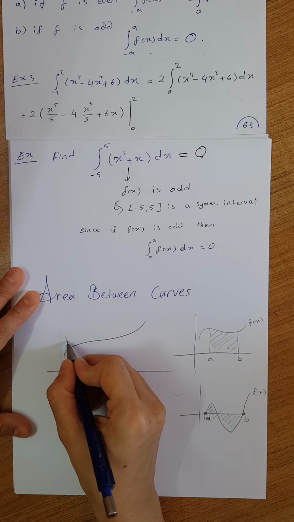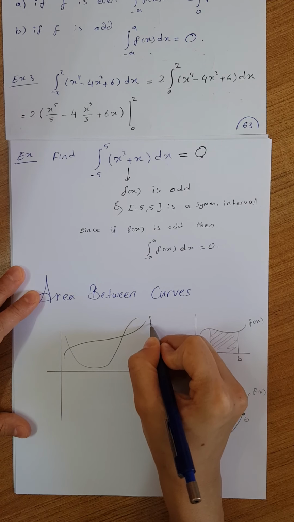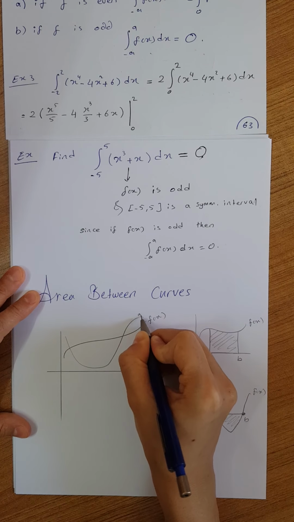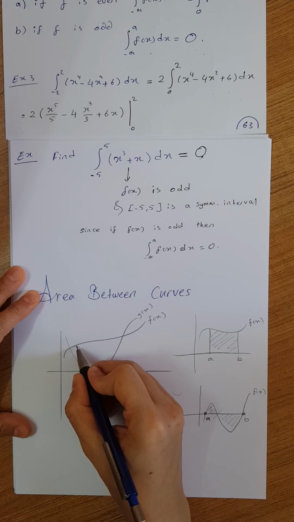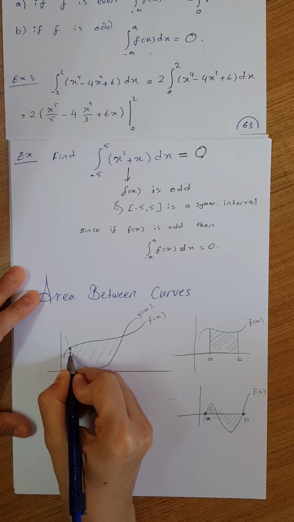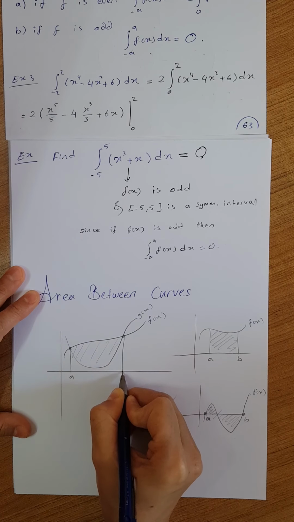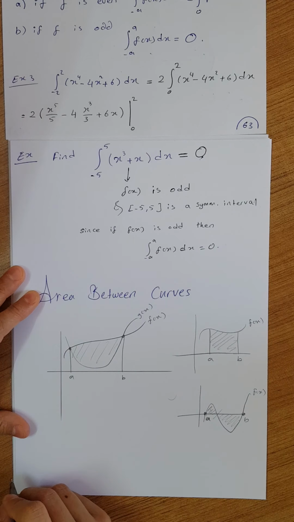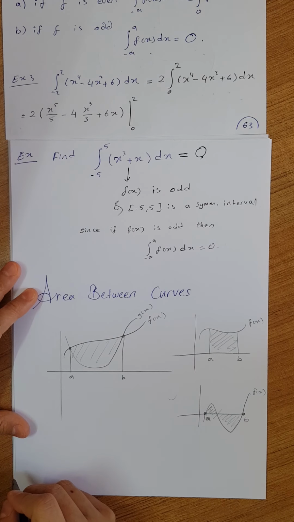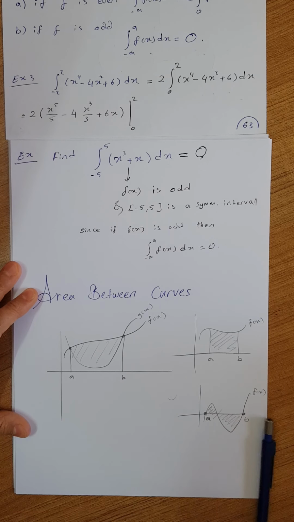And we've got something like that, okay? Say this one is f of x and that one is g of x, and it's required from you to find that area. Of course, that one is A and that one is B. How do you find this region between those two curves? We say that area is equal to,